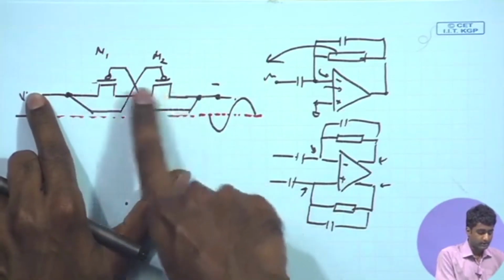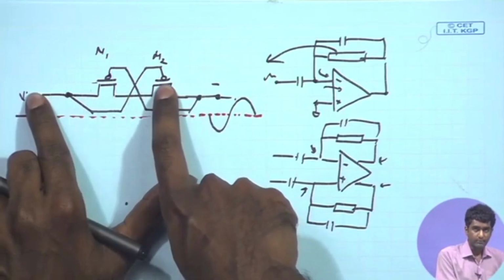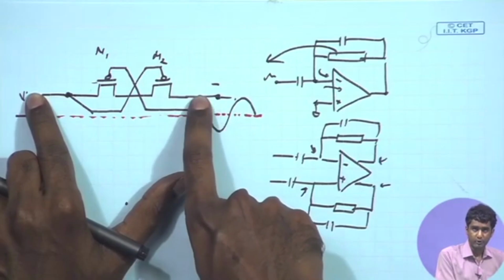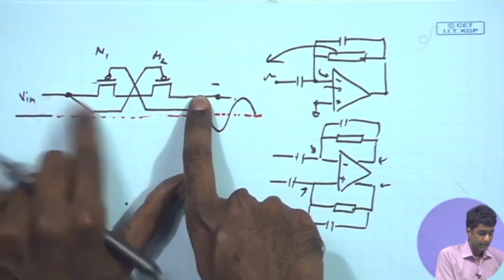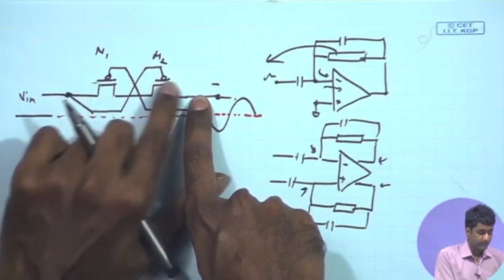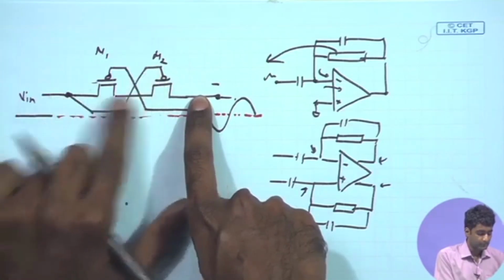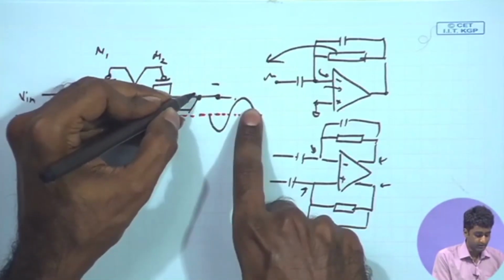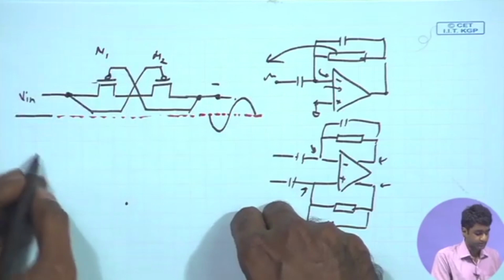Now, if I look at the condition of M2, since this is at the higher potential, this is the source terminal for M2, and the gate of M2 is V in, and therefore the VSG is becoming positive. So, for the positive cycle, the VSG of M2 is positive,